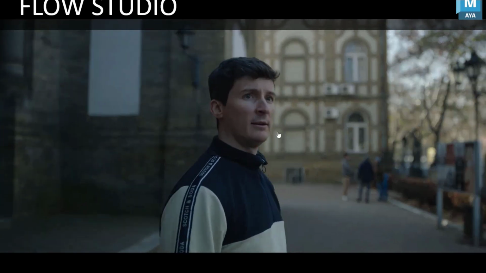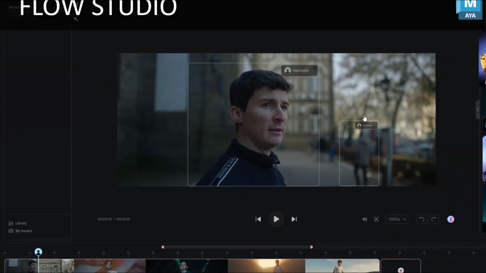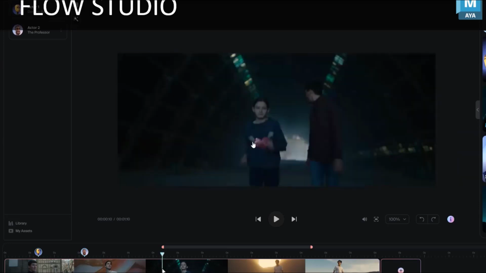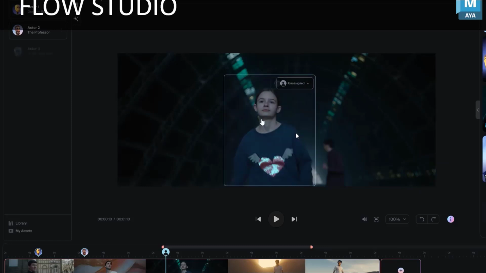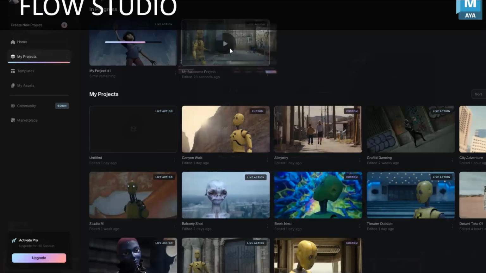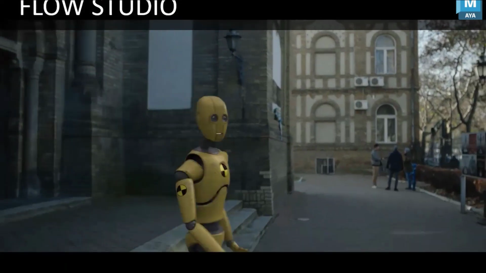Welcome to Wonder Studio, where you can start making movies with CG automatically. It is as simple as selecting your actor and assigning a character. The system uses AI to track the actor's performance across cuts and automatically animates, lights, and composes the CG character.